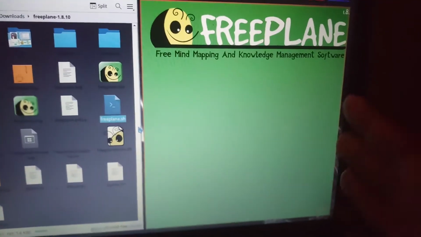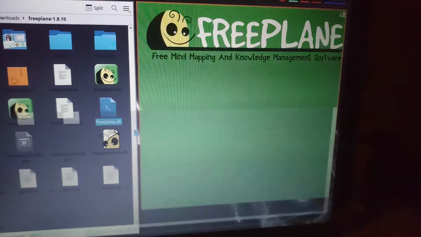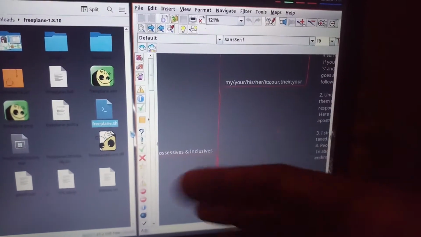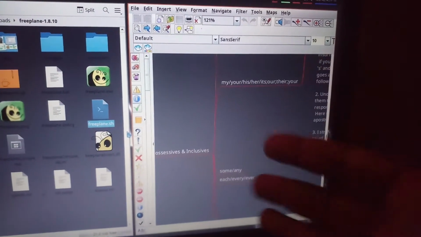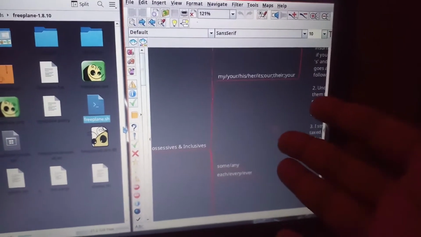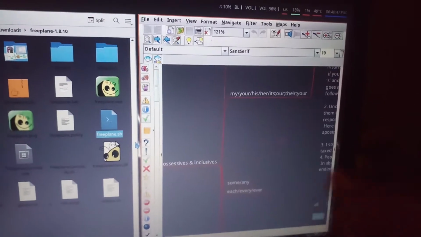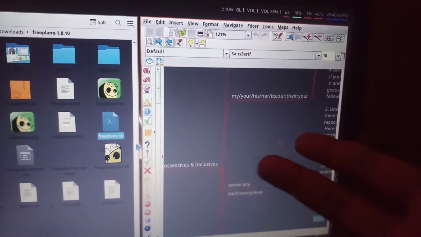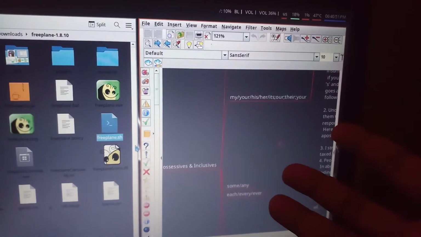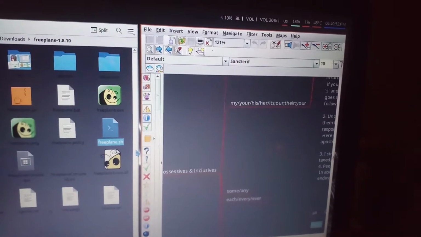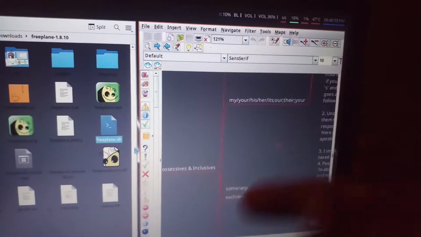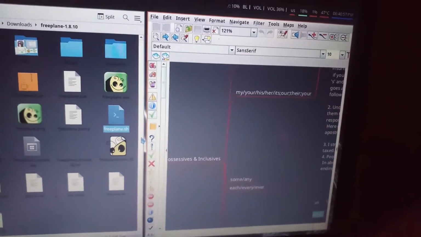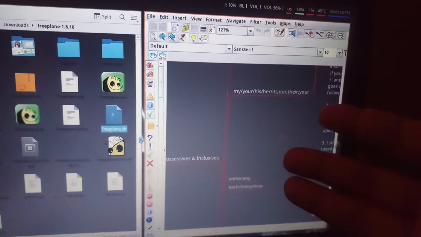This screen will show on both Xmonad and BSPWM. After that, this gray screen appears. Right now, you can see the gray screen automatically changes into the user interface of this Java based program, Freeplane, but this didn't happen some time ago. Every time I opened this program, it would only show that